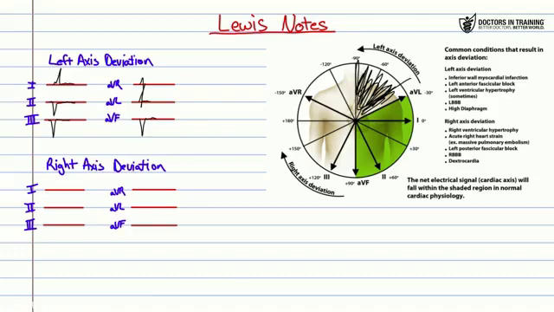So if we're looking at the right axis deviation, we're looking more in this area over here. Somewhere over here is about where we want our right axis deviation. So that's where we're going to go from there. So in lead 1, what are we going to see here? Well, it's basically going to be almost in the opposite direction, so we're definitely going to see a negative deflection here on 1. On 2, it could be a positive because you are seeing that over there,